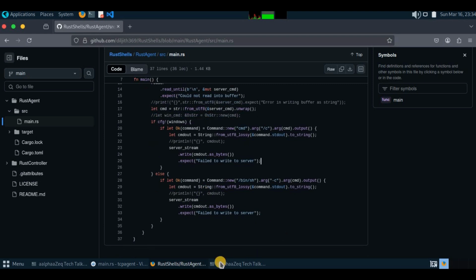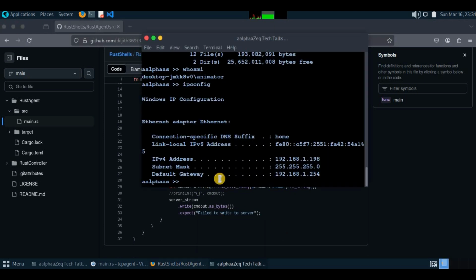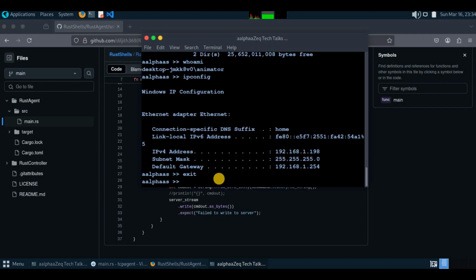Oh, we didn't check the exit. Let me see how gracefully it is exiting. Oh, it didn't exit. Maybe because